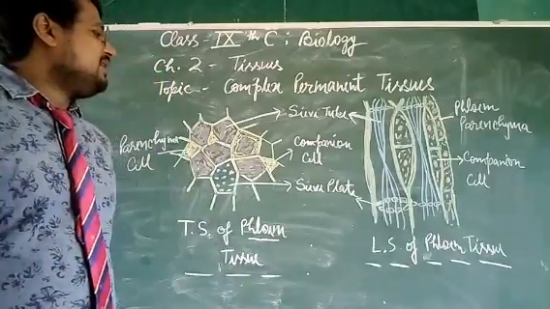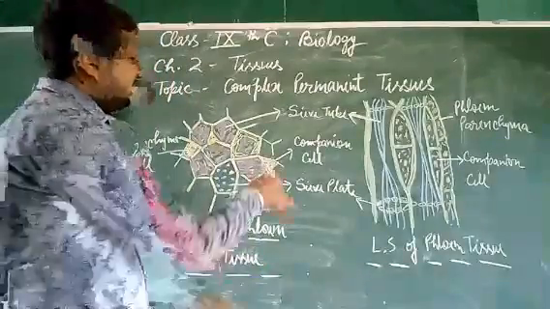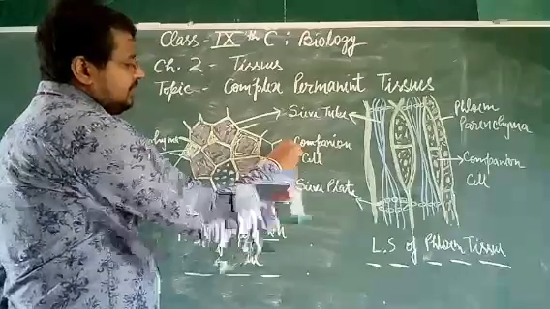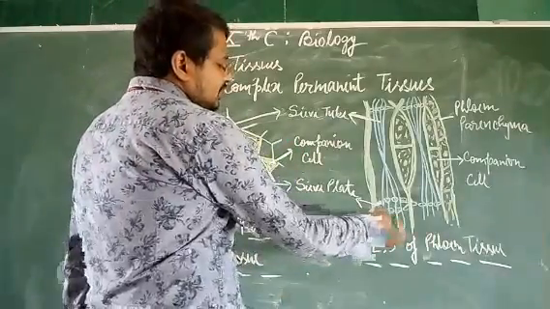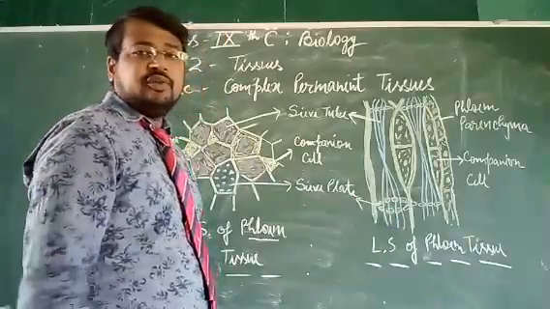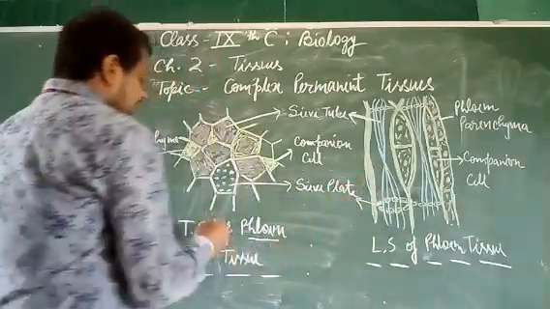Okay, now companion cells. You can witness the presence of companion cells. I think the longitudinal section of this phloem tissue is making the picture very clear. You can understand the phenomenon. In transverse section,